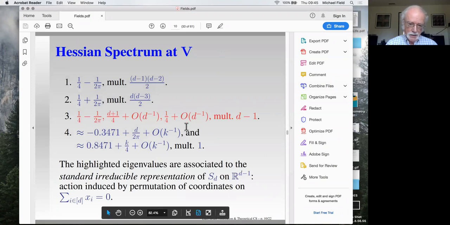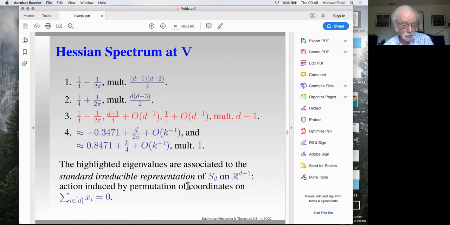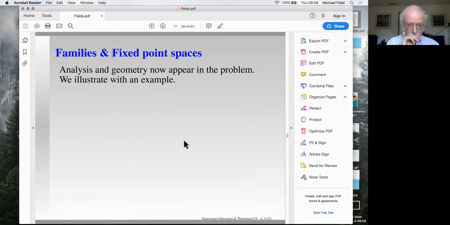So these little eigenvalues here are associated to what's known as the standard irreducible representation of the symmetric group on R^(d minus 1). That's the action induced by permutation of coordinates. So this is a pretty standard object, and it's fairly simple, unlike the representations that are underlying these things. Okay, so let's now look at the families a little more carefully in fixed point spaces,